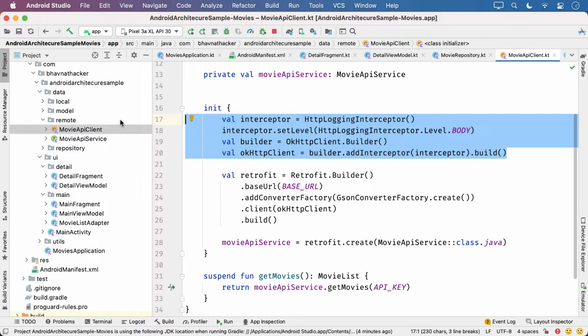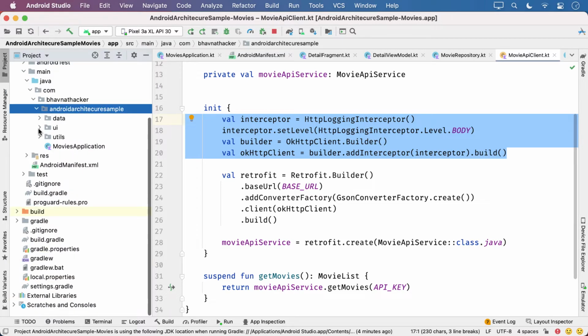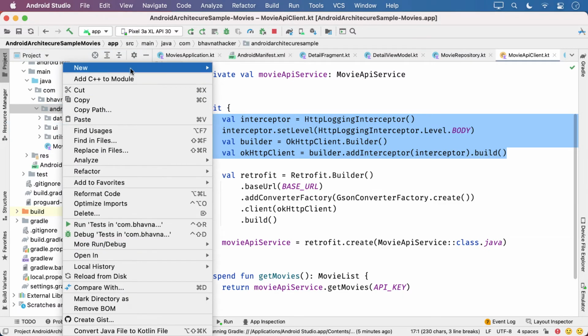Now for that, what you do is, let's first create, see, under Android architecture sample, I have three packages: data, UI and utils. I create a fourth package, DI.